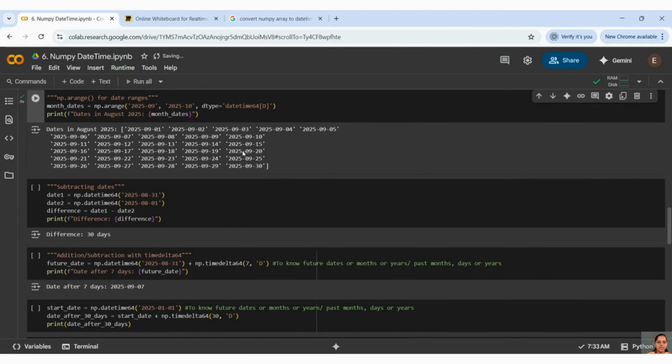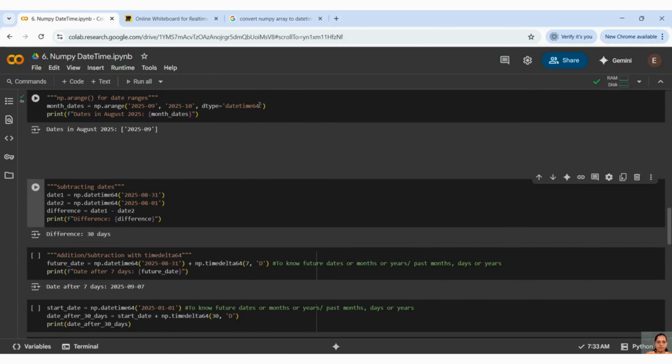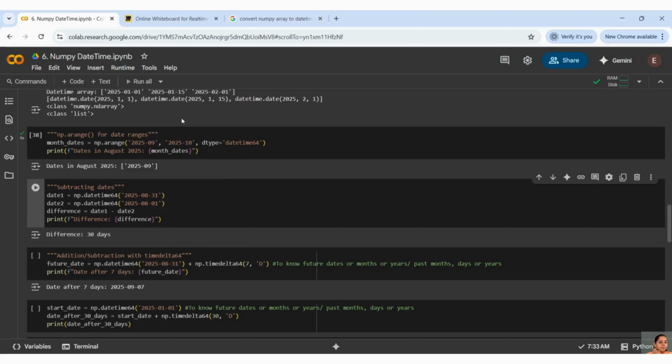So now you can see it gave me the date in August, 29.